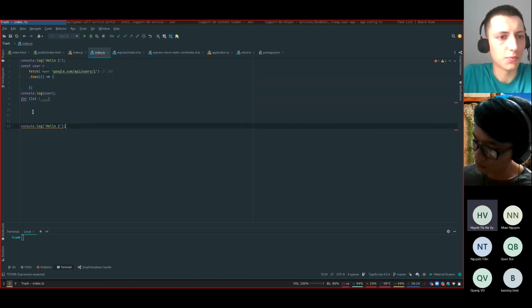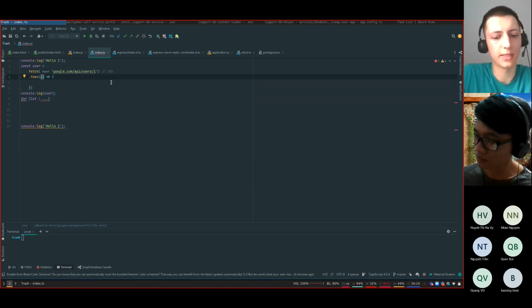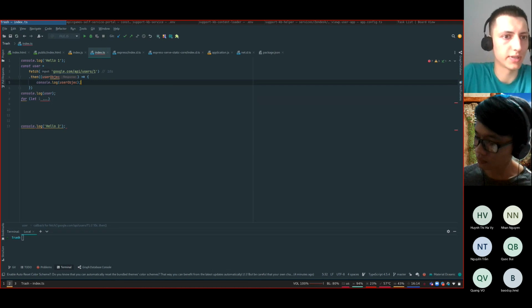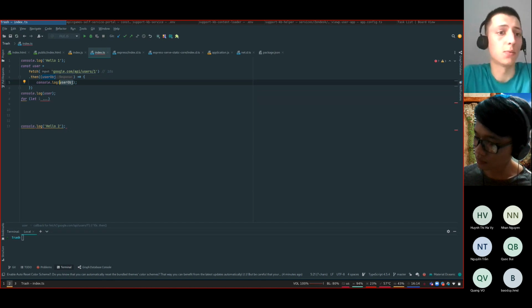When the response is returned, our then function will be executed and the user will be here. We will be able to log the user and see the result inside this variable.